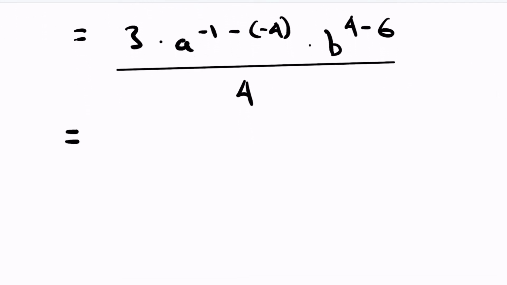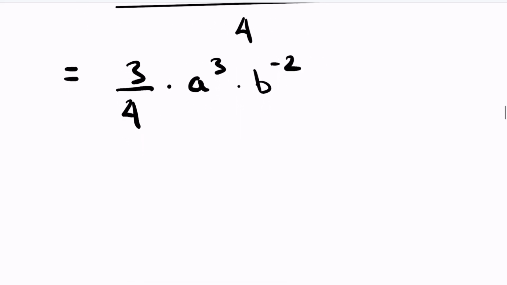So let's continue and simplify. So I have 3/4. I'm going to write that to the side of my coefficient, times a to the negative 1 plus 4, a to the 3. And then I'm going to have b to the negative 2. And if you recall, again, negative value means we want to express this as positive exponent, so the negative value means it goes underneath. And I'm going to have 3a cubed over